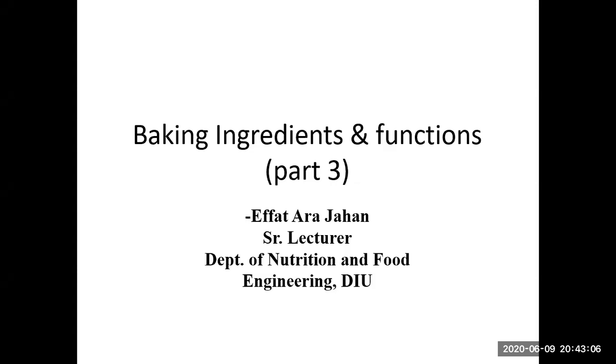In our last two parts, we already learned about wheat flours, that is our primary ingredient, types of wheat flour with the protein percentage, and we also learned about the uses, what kind of flour to use in which product. And in our last class, we also read about different kinds of leavening agents and their functions. Today, we'll read about other ingredients and their functions that are very primary and very useful in baking.